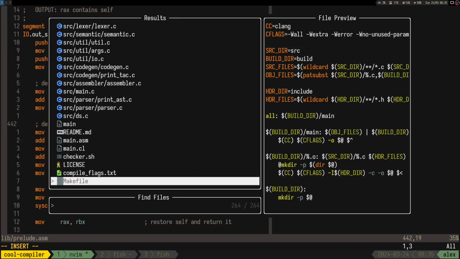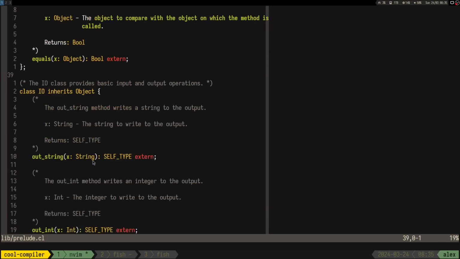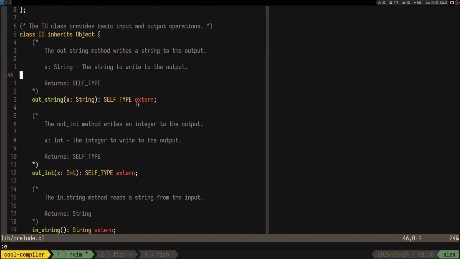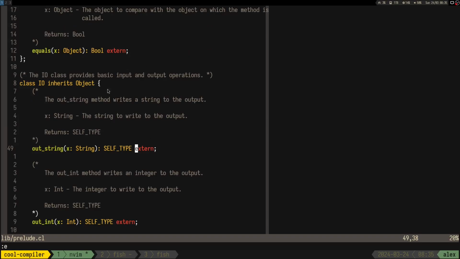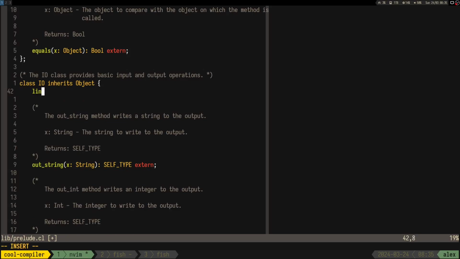So now if we go to prelude.cl, right, what would happen if inside of this guy we would have a Linux of type Linux, new Linux,